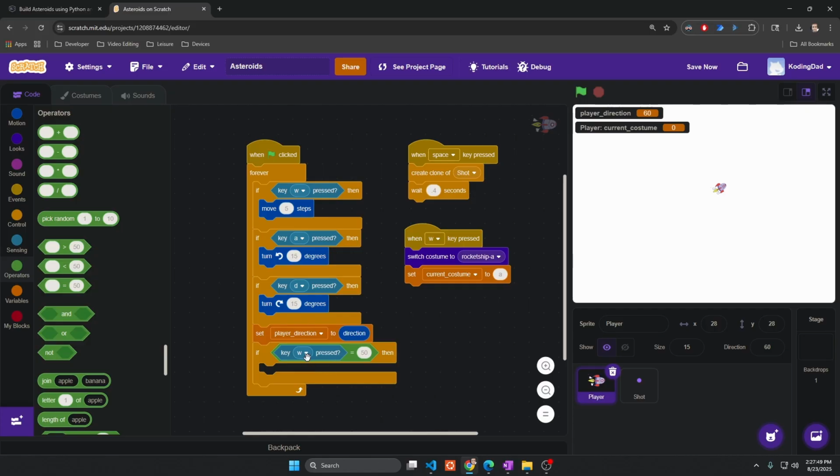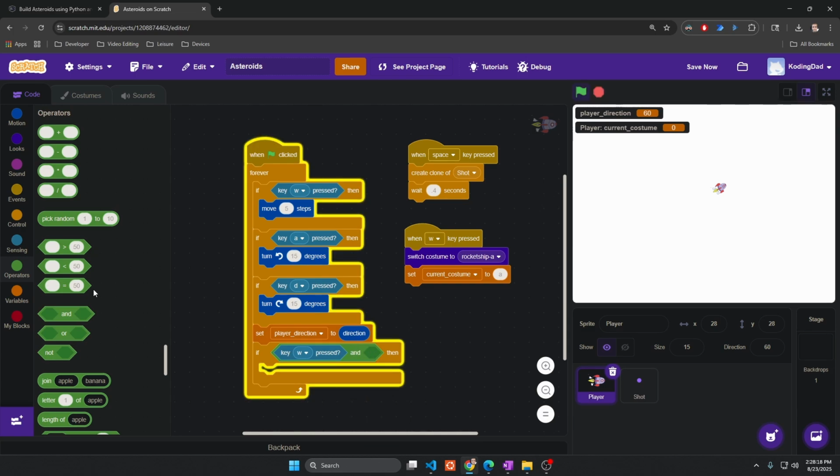So if the W key, oh, actually, I don't know. Does this turn out to false? Like, can I do this? Let's see if that works. If W key is not being pressed when we get to this point, oh, I needed actually two of them. So if W key's pressed, don't actually need this, and the current costume,